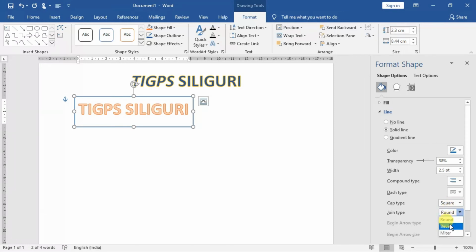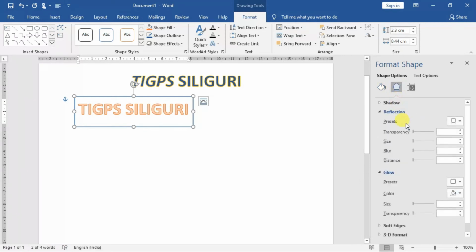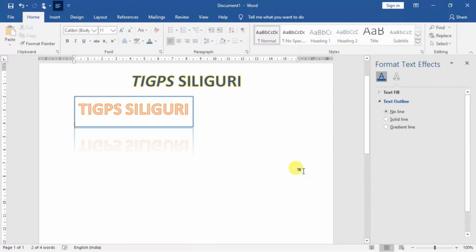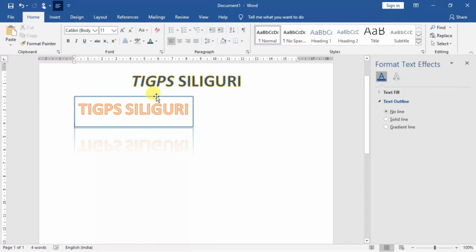Say, yeah, the label you can keep also. Okay, so these are the different things that are available out here. Reflection you can keep, transparency also, presets also you can keep out here, a little bit like this. Reflections you can keep out here. Okay, so that is the thing. So this has been inserted out here.